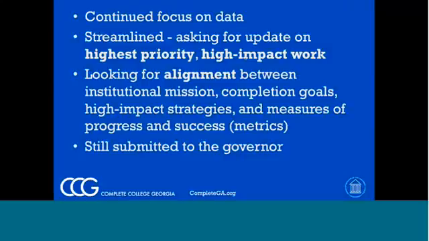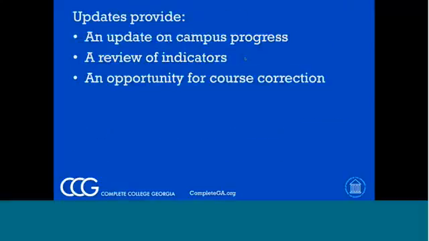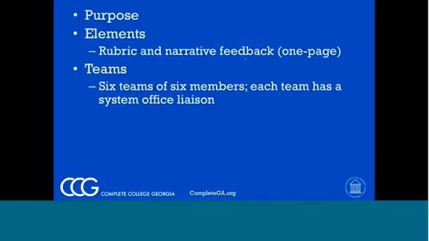As such, we like to make sure these plans are as complete as possible without being too comprehensive, because again, we are looking at that high priority, high impact work that will affect the greatest number of students. They provide campuses with an opportunity to look at their progress, to look at their measures of success, their measures of progress, see where they stand, and also every year change where they're heading. These have been live documents. This year's plans reflect a great deal upon last year's work, and they should be a nice bit of continuity for both campuses and for our audience.